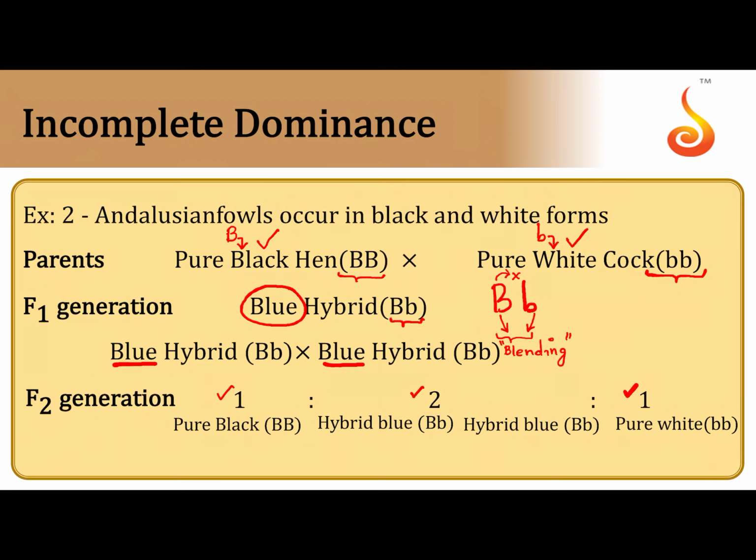So please remember, this is a very good example for incomplete dominance, because in the F1 generation you don't see a clear dominance. Imagine if it was clear dominance, you would have seen the F1 generation would have expressed only the black feathers, isn't it? But here it is neither black nor is it white, and that's why we say it is not resembling either of the parents. So one of the most important features of incomplete dominance is the F1 hybrid will express a character. In this case it is blue, which does not resemble either of the parents, and the classical F2 generation ratio for incomplete dominance is 1 is to 2 is to 1.